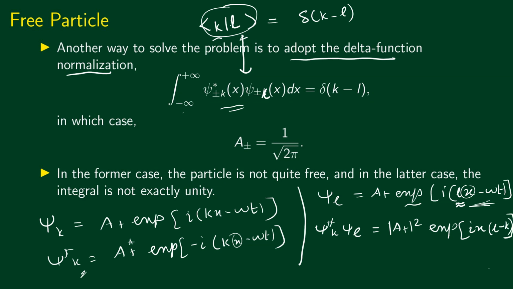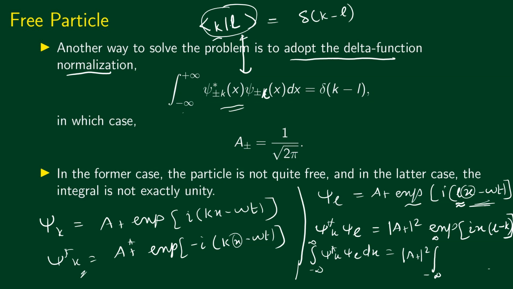So we get modulus a plus square exponential i x L minus k. Now we integrate this from minus infinity to infinity. So the integral of psi star psi dx from minus infinity to infinity would become modulus a plus square times the integral from minus infinity to infinity